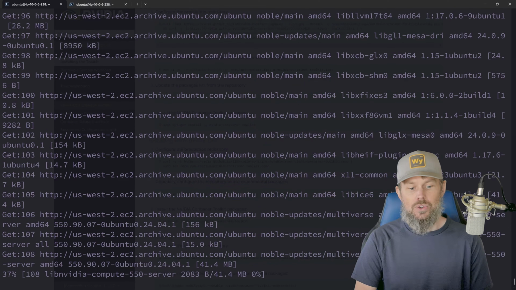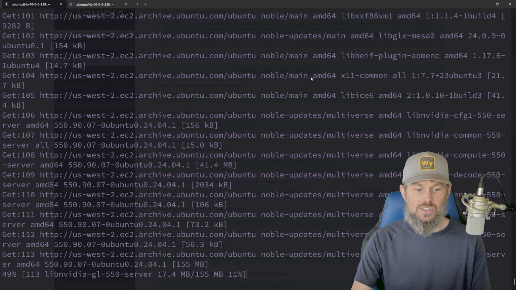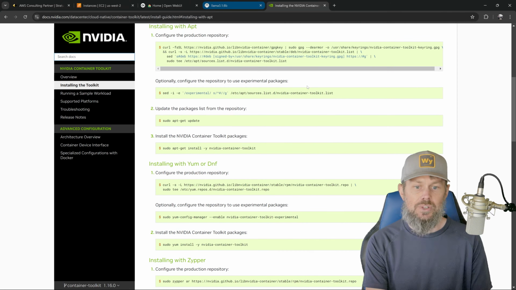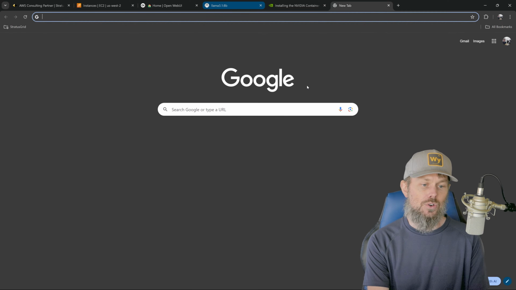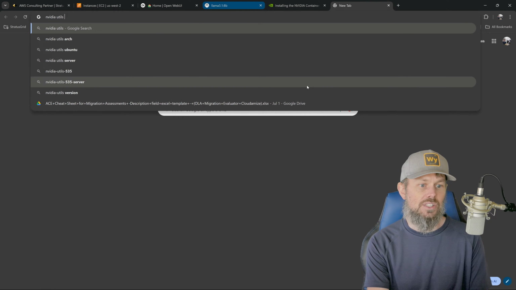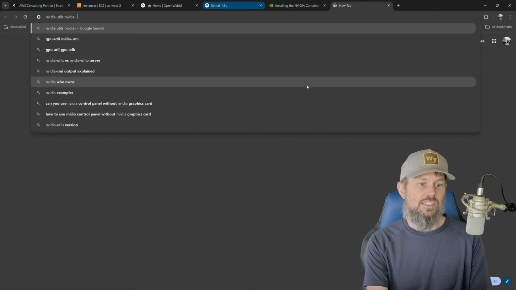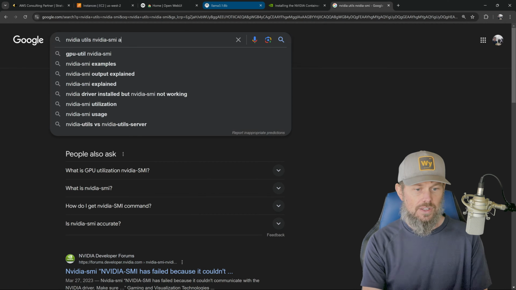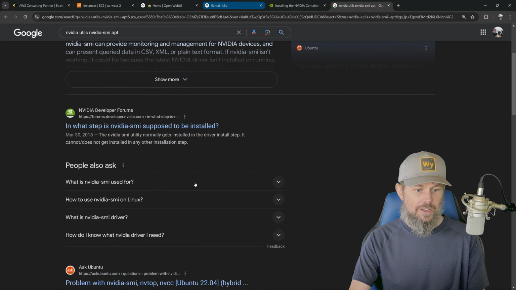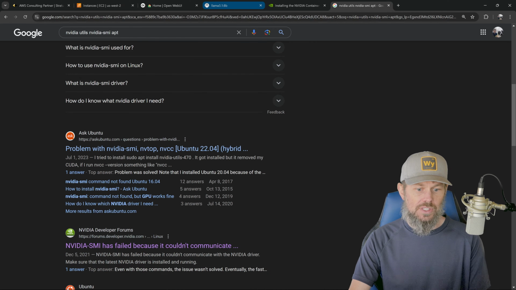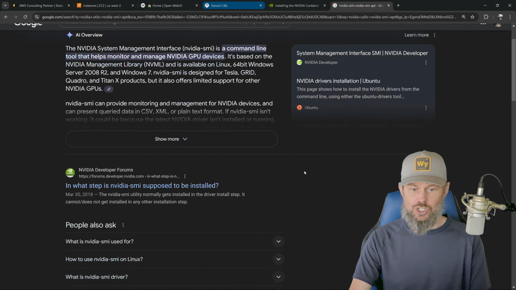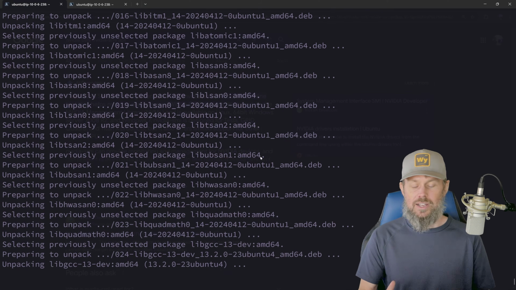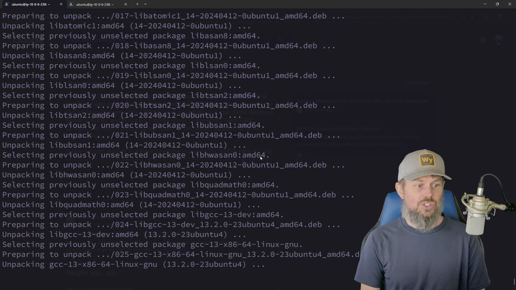And then there's also another utility package that I want to install. So I get the nvidia-smi utility. So I think that's called nvidia-utils, nvidia-smi. Let's just do a quick Google search for that. And I just want to find the apt package name for that. It's called like nvidia-utils something. So yeah, I think it's nvidia-utils-550 probably, that corresponds to the version of the NVIDIA driver that we're